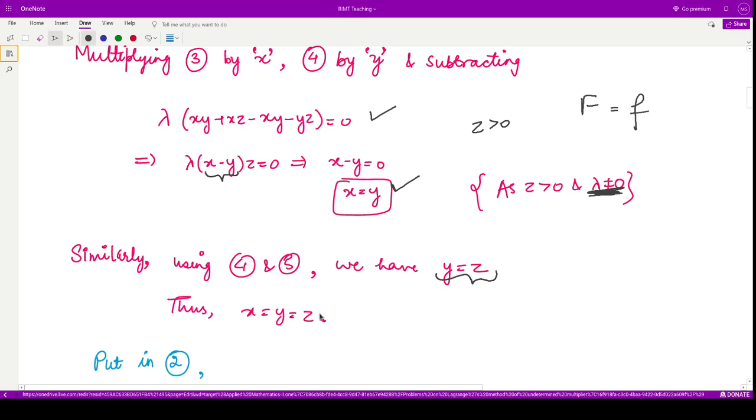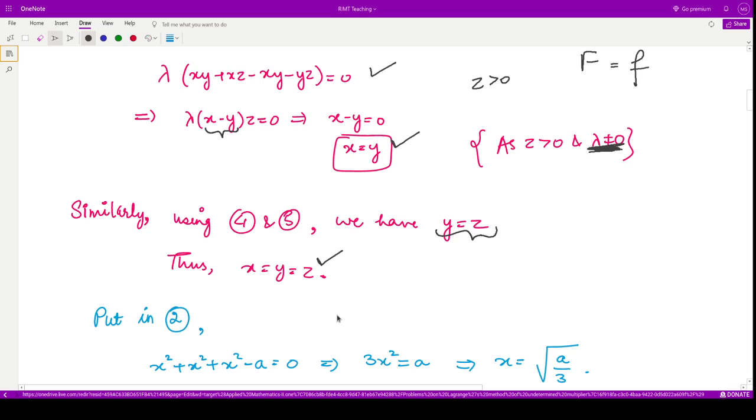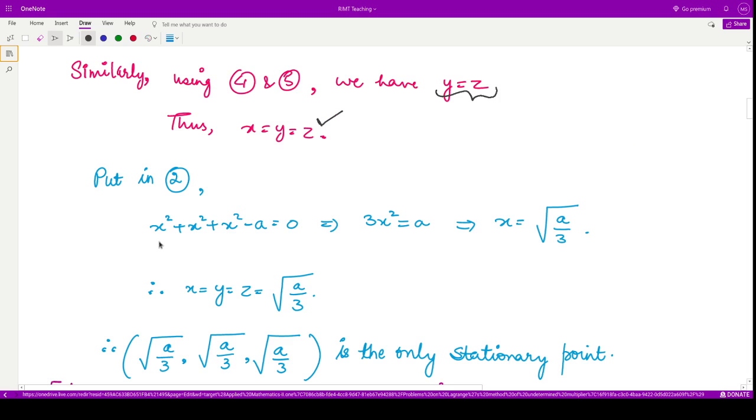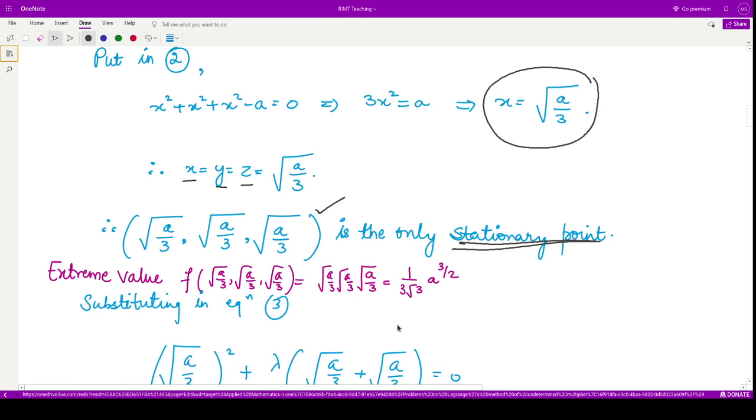Now we can use this expression in the second equation, that was the given constraint equation. So from that you have x square plus x square plus x square minus a is equal to 0. So from here you calculate what is the value of x. So that comes out to be square root of a by 3, because all these three, they are equal. So that means this is the point. So in this case you are able to calculate the stationary point. So we say at this particular point we have the maximum or the minimum value of the given function, which we do not yet know.